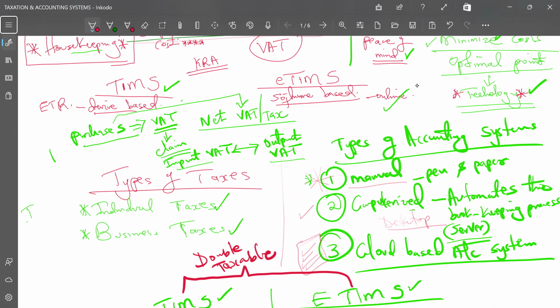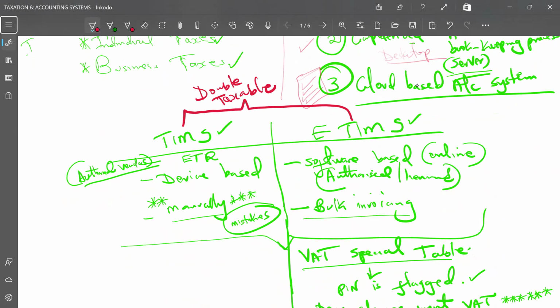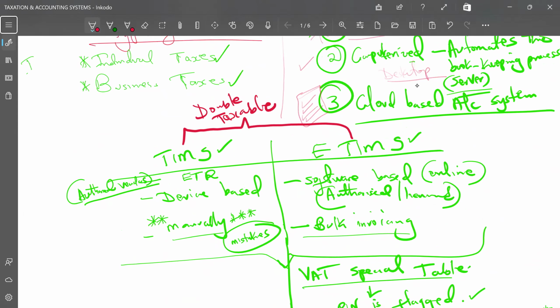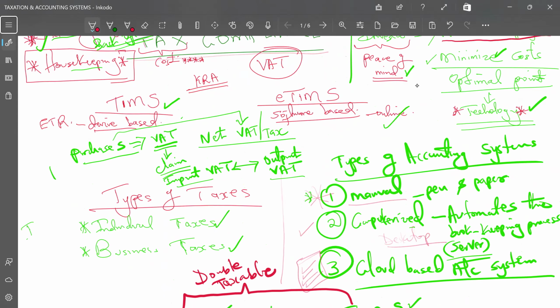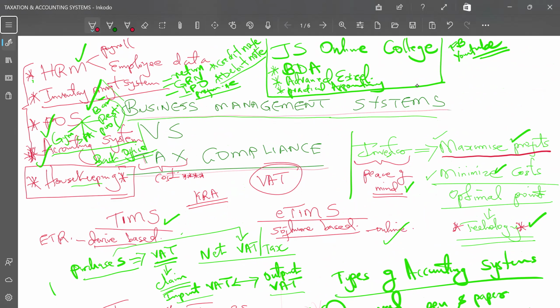Now, if we look at this in that broader perspective, then we are going to appreciate, ladies and gentlemen, the essence of all these discussions we are having. We'll appreciate that accountability is key. If you are an entrepreneur, a business person in this meeting and you are listening to this, you'll agree with me that accountability is the reason why you are starting that business. You will not be there always in that business. You will entrust people to work for you.